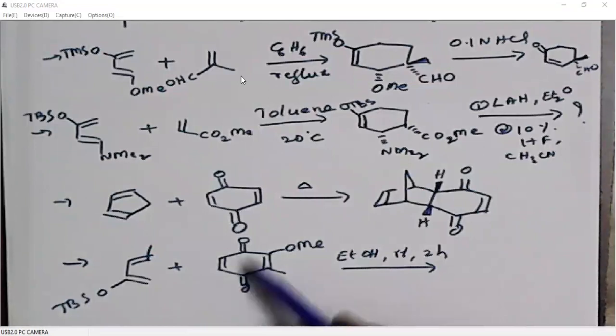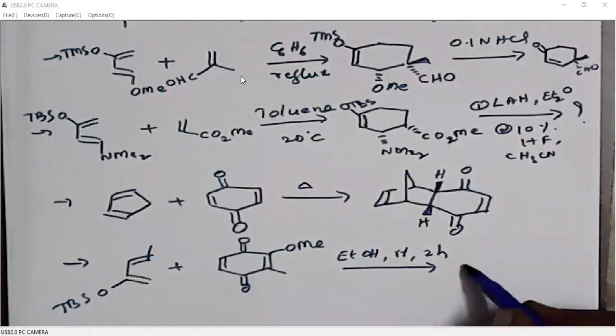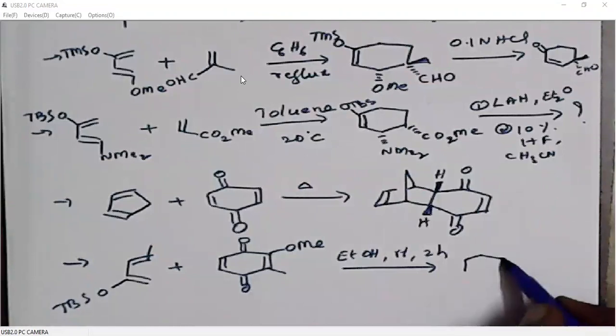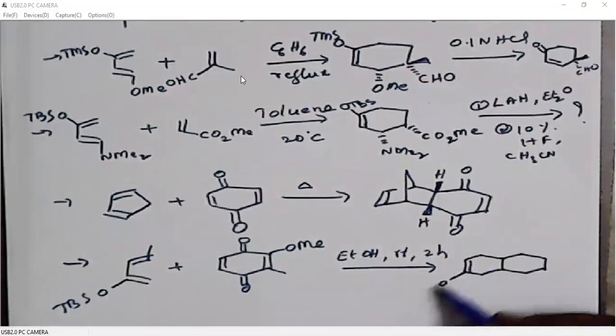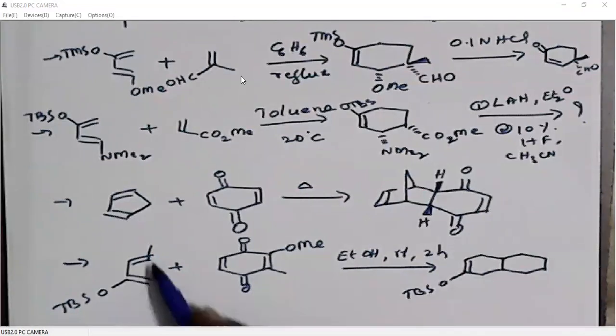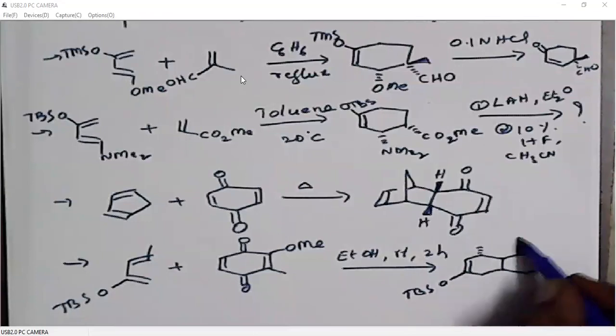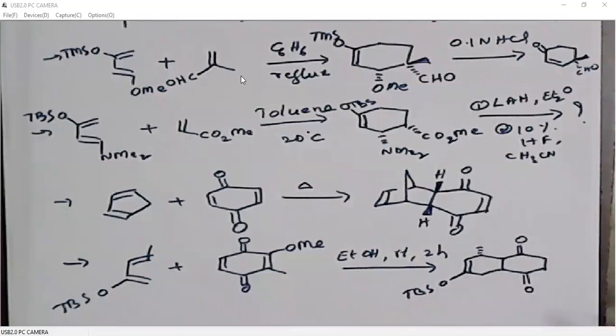Right, because of these additional double bonds, again we will get endoselectivity. OTBS. The methyl group will be below the plane. Of course, these two. Then the first point is we need to decide whether this double bond will undergo Diels-Alder reaction or this double bond will undergo Diels-Alder reaction. Right.